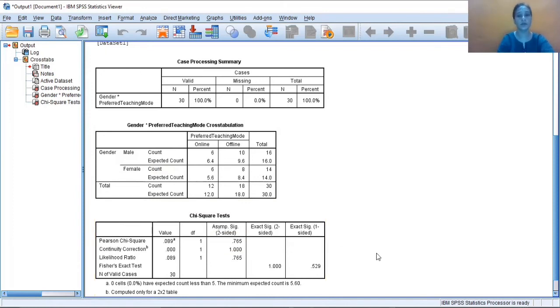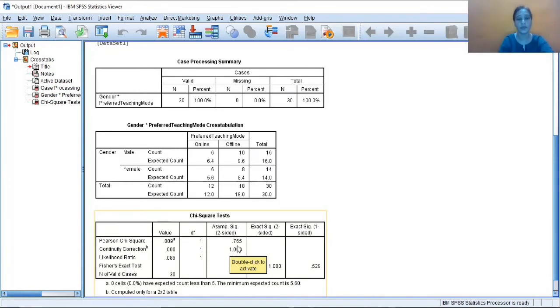On the basis of these results we can test our hypothesis, whether we are going to accept or reject our null hypothesis. Because I am testing my hypothesis at 5% level of significance, I need to compare this asymptotic significance value with 0.05.